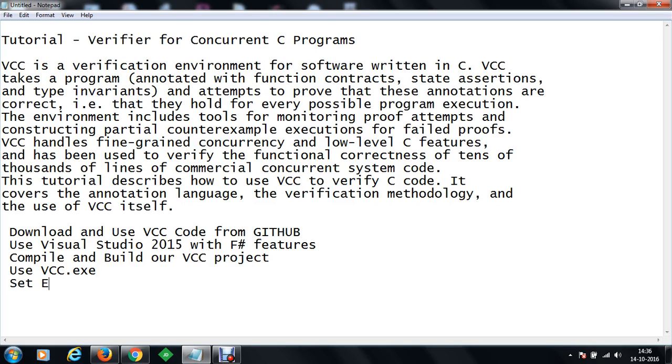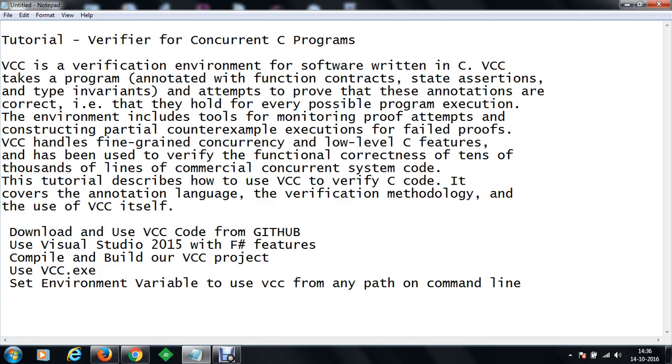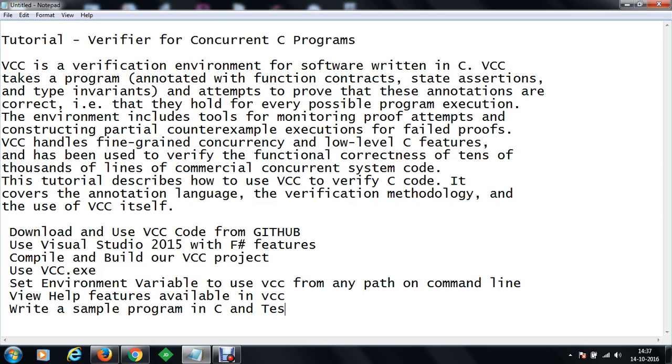We are going to set environment variables to use VCC from any path on the command line. We are going to view help features available in VCC, and finally we are going to write a sample program in C and test VCC. So let's get started.